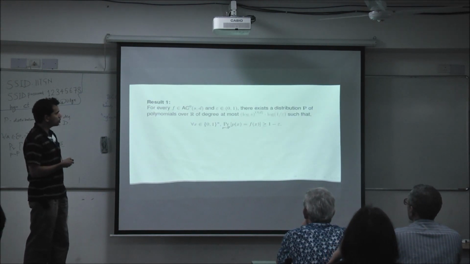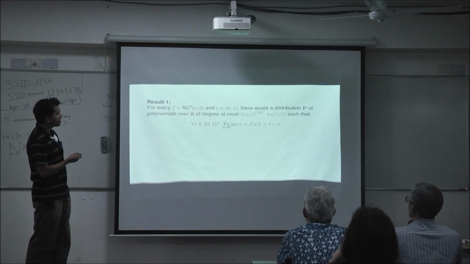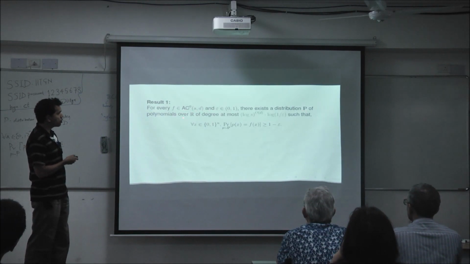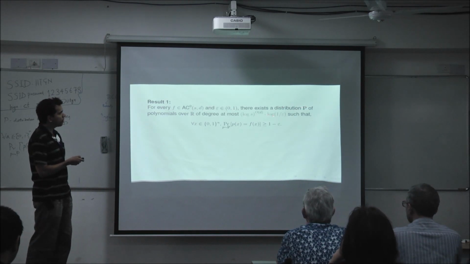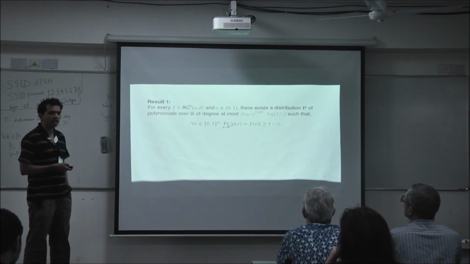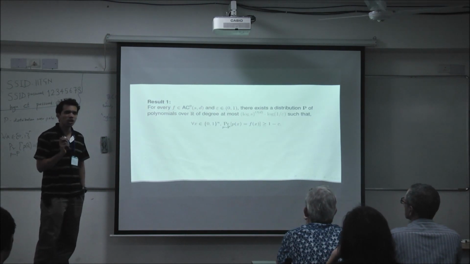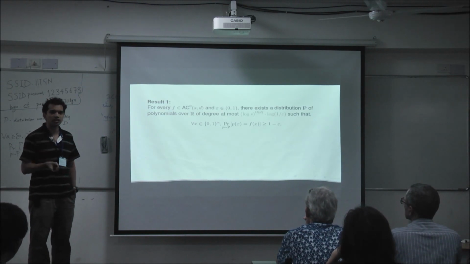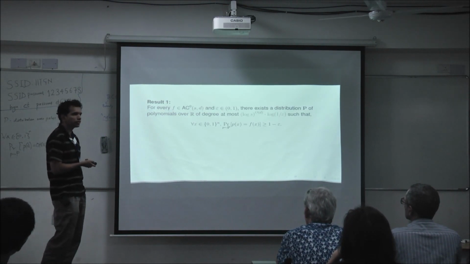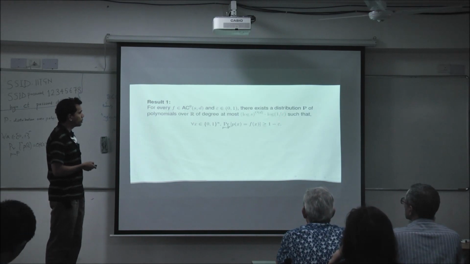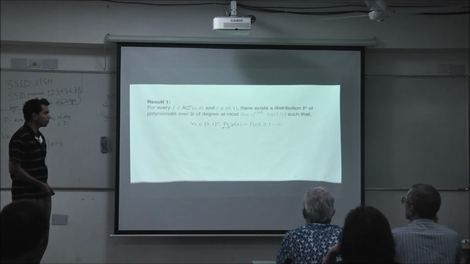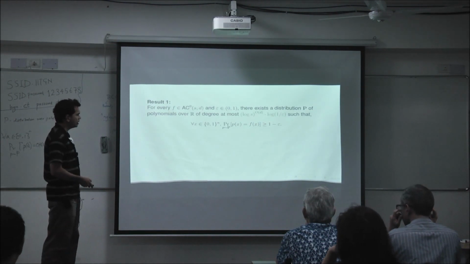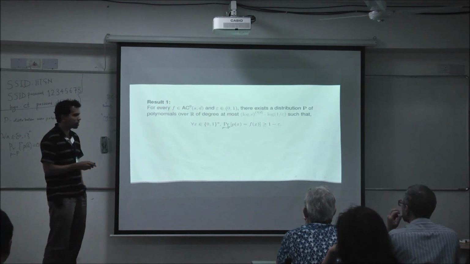Okay. So the result is that for every f in AC0 ST and epsilon, there is a distribution of polynomials, and now the degree is slightly better in terms of epsilon. Previously the log 1 over epsilon was inside the order d, but it's now (log s) to the order d times log 1 over epsilon. So as a function of log 1 over epsilon, it's now linear as opposed to being a degree order d polynomial. And again you have the same guarantee: P(x) equals f(x) with probability at least 1 minus epsilon. It's kind of a technical result, but the proof is extremely simple.